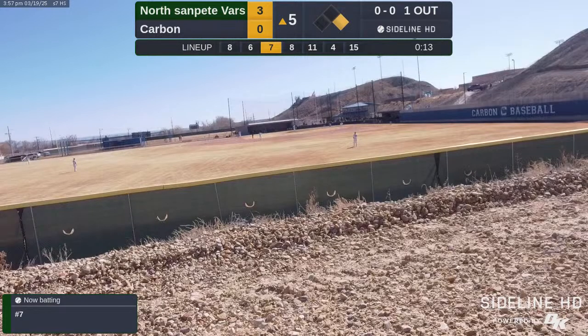Tyson on first. Tyson takes his lead. Pitcher checks him. Here comes the pitch. That's in there for a